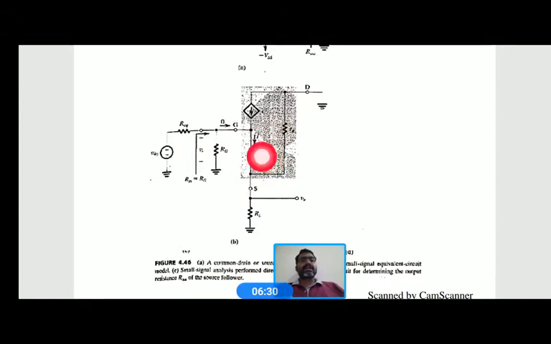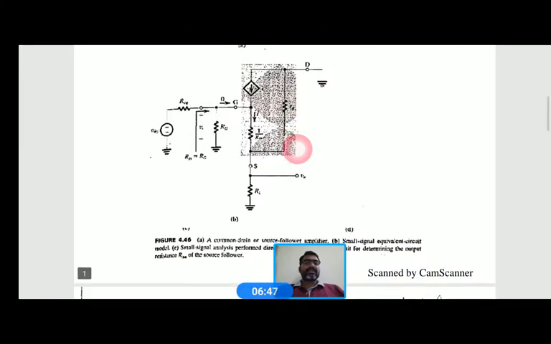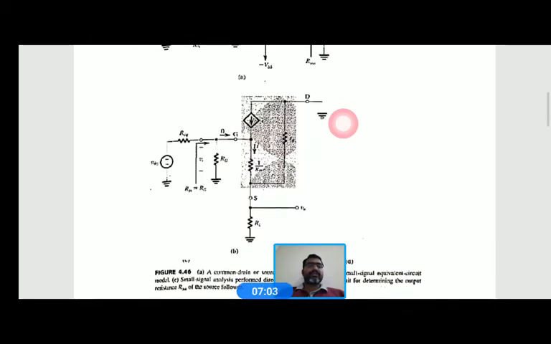Here it is not difficult if you consider R0 also in the T model. Okay, you can't see this properly, so I will give you the proper diagram in the notes. This is 1 by gm, this is a current source having value I, and this is a resistance having value of small r0. So we will derive the equation.